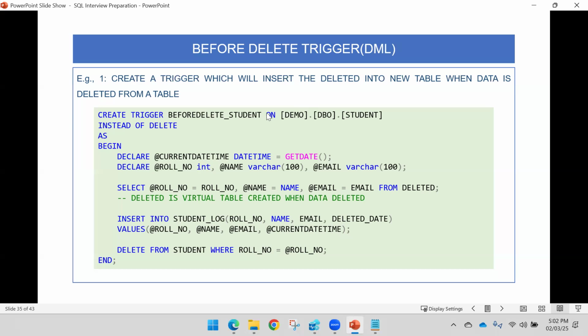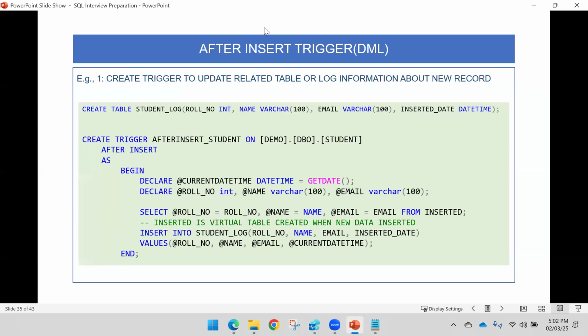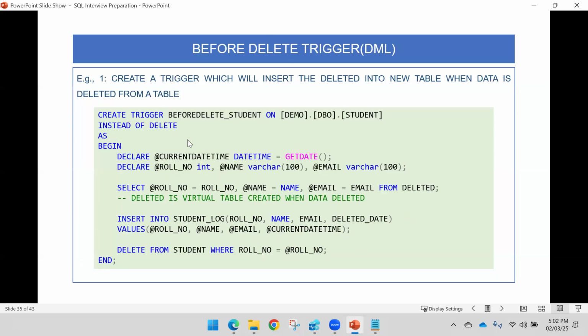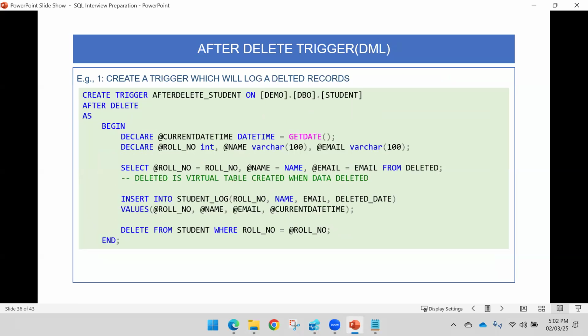You need to execute the same SQL statement, the one which you are executing, from the trigger also. So you need to define this only once. It will be executed whenever you try to insert the record, and this will be executed for each and every row of the database. So after delete trigger,